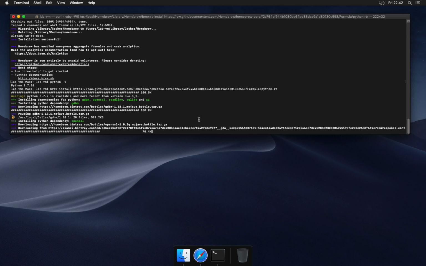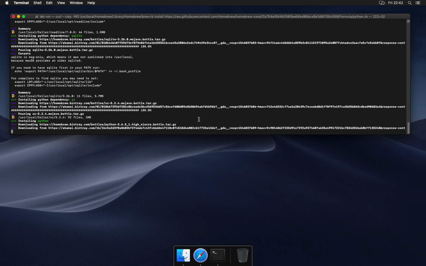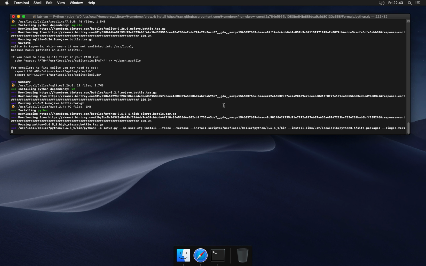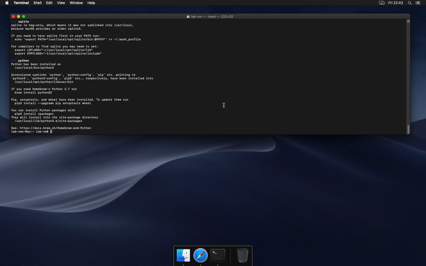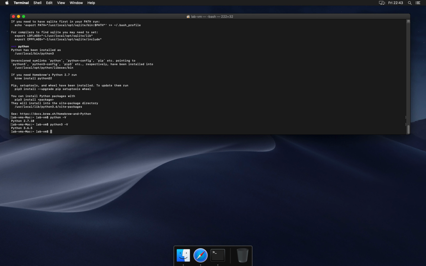You could also install the latest Python 3.7 by invoking brew install python3. However, in this tutorial we will be using 3.6.5. Afterwards, we can check that the new installation is successful by typing python3 -V, and we can see that